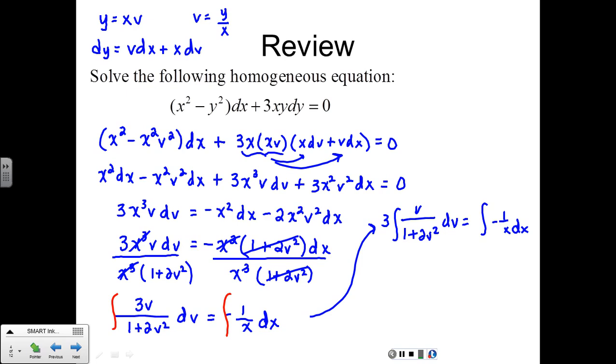what about u substitution? Would that work? On the left side, u would be what? Then du would just be 4v dv. So I've got the v dv. I need to compensate with the 4. So it'll be 1/4. 3 times 1/4 will be 3/4. And that would be the integral of 1 over u. So natural log of u, 3/4 natural log of 1 plus 2v squared, that's your integral on the left side, equal to